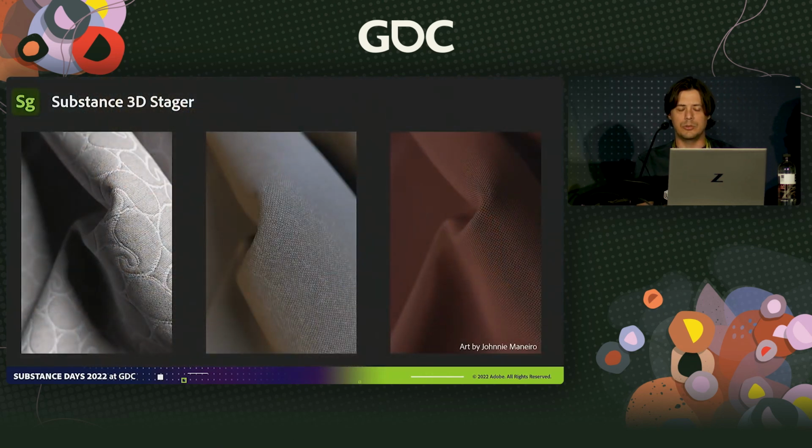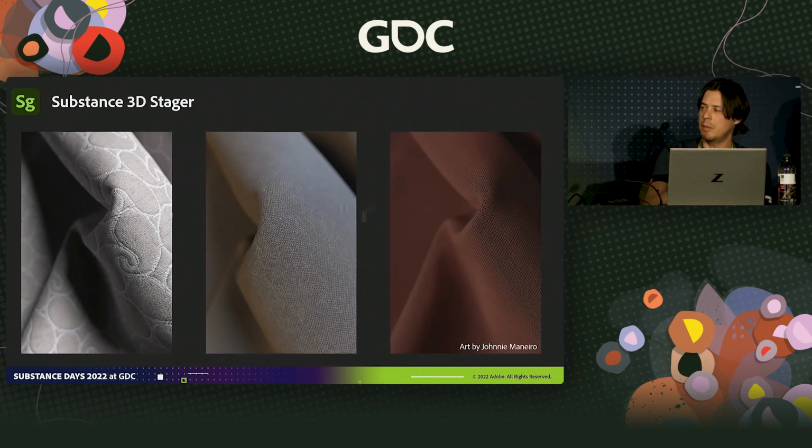And here, speaking of just different materials, another great use case for Stager is just a tool for being able to showcase your beautiful materials. So if you're creating your materials in Substance Designer and you want to be able to showcase them really well, now that we have the new feature to just send that material straight into Stager, you can work with full displacement tessellation shaders, and you can just really quickly build out a render, again, just a matter of minutes, and showcase the high quality of your material. So this is one that we wanted to showcase here from Johnny Minero, because you can see that you get some really nice intricate detail here from this cloth and this fabric, and looking close, it really just brings out and pops the material that he created.